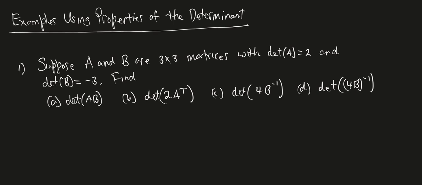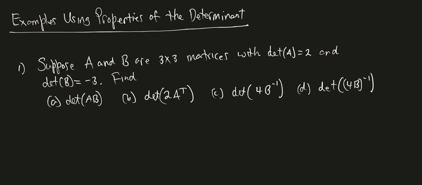And if you look at the matrices whose determinants we have to compute, they all involve these operations that we've done with matrices. We have the product, we have a transpose, we have an inverse, and then a scalar multiplication all together there. And something similar here, but it looks like we have a scalar multiplication and then the inverse of that entire thing, right? So let's go through and see how we would utilize the previously developed properties to answer